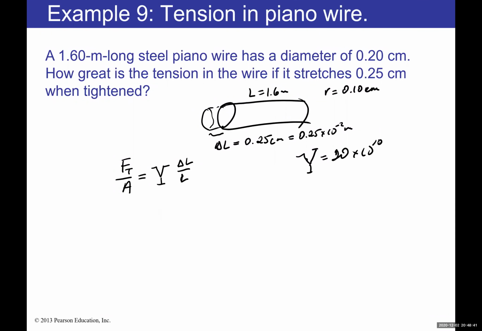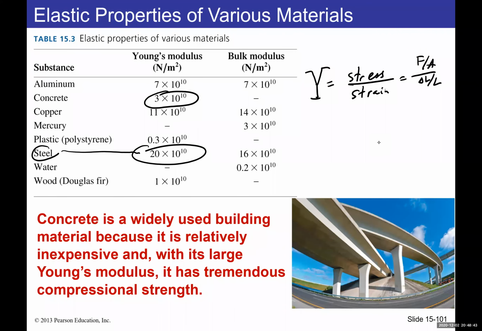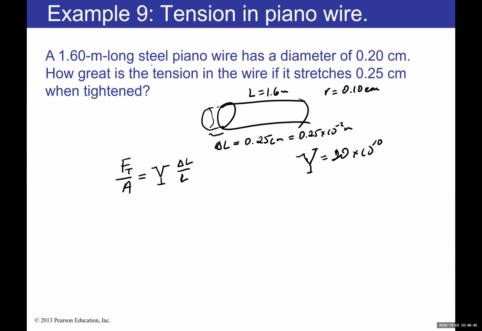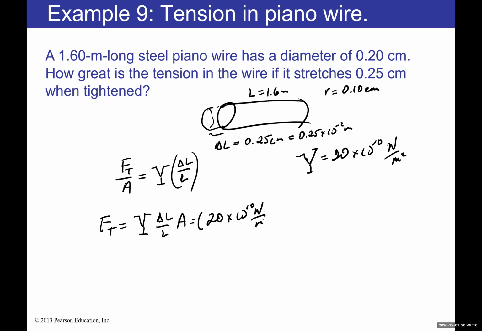So the Young modulus is 20 times 10 to the 10, and by the way, the units are newtons per square meter. Remember, delta L over L is dimensionless, so the Young modulus has to have the same unit as the left side, which is newtons per square meter. From here, we just solve for the tension force, which is the Young modulus times delta L over L, times the area. So it's 20 times 10 to the 10 newtons per square meter, times, I'm going to keep it in centimeters,